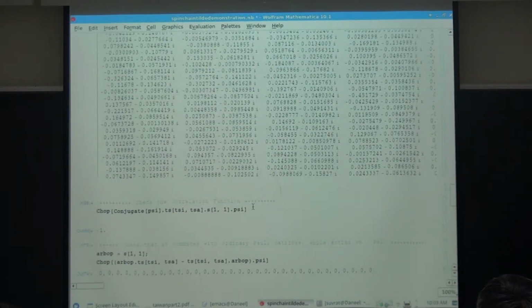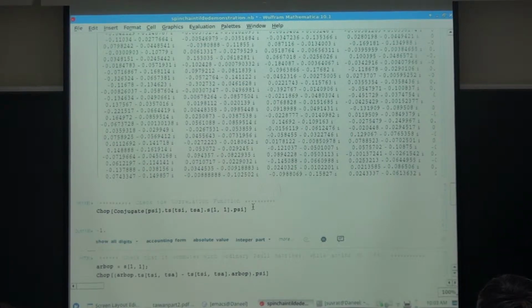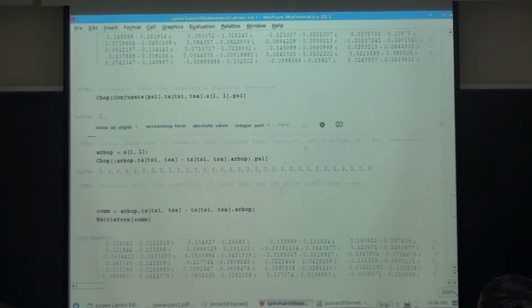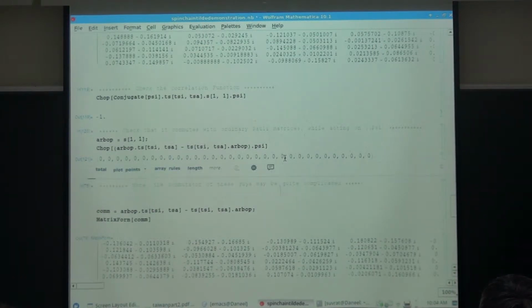The nice properties it has are that if you look at its correlator with the ordinary operator, you take this TS and its correlator, you get -1. So it's perfectly anti-correlated with the ordinary operator. And the nice thing is, as I showed you, let's say you take this S1 and you look at the commutator. That's this operator times TS minus TS times this operator. This commutator annihilates the state.